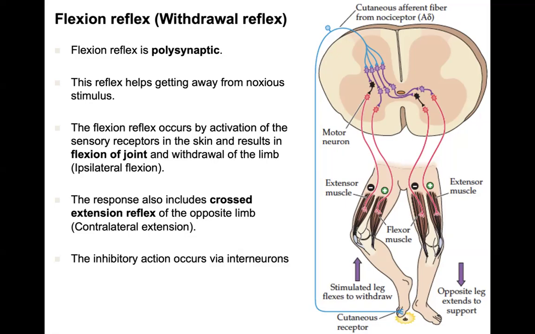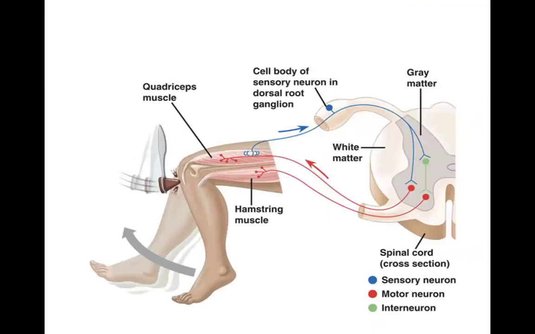Now, if you look at this circuit again, just to emphasize, you have receptors, sensory neurons, motor neurons, and the muscle. If you have any kind of damage in the motor neurons, one component of the reflex arc, so lower motor neurons in this case, because they come out from the spinal cord,